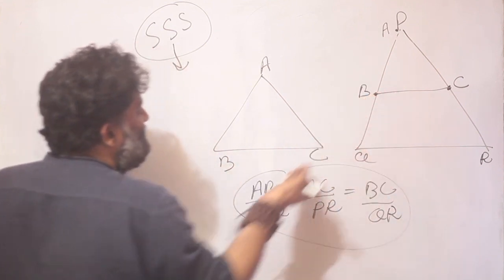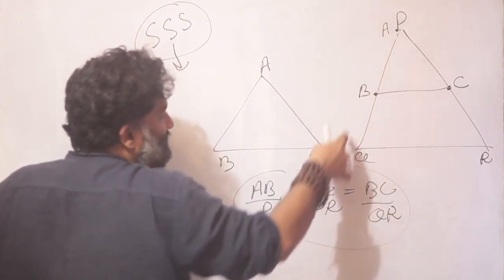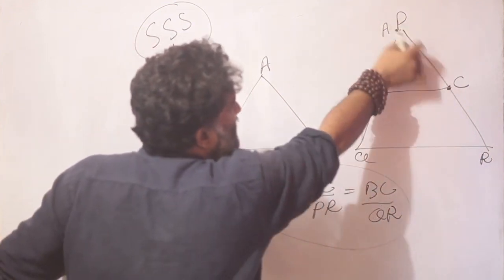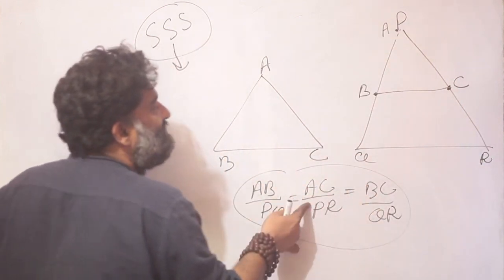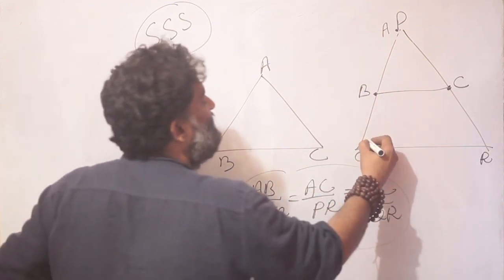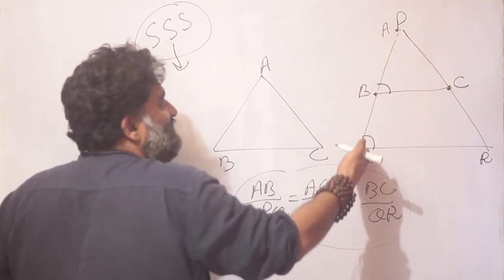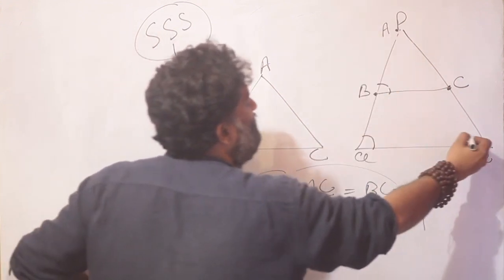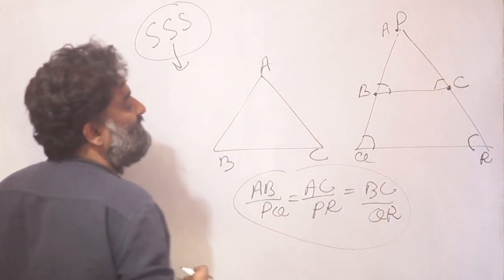And exactly the same thing is written here. AB upon PQ, AB upon the whole thing, is equal to AC upon PR, part to the whole is the same. And stop for a minute. So you have this result. That means this line is definitely going to be parallel to this line. That means this angle is going to be equal to this angle, because this is the transversal, these are two parallel lines, and the corresponding angles are equal. Similarly, these two angles are also going to be equal to each other, right?